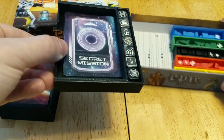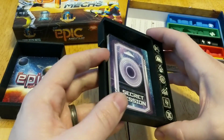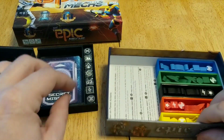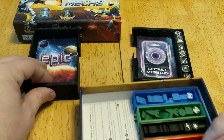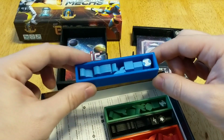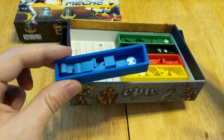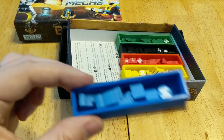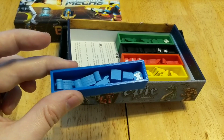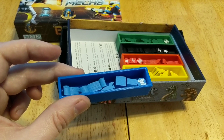But then this one also comes with another tray here where it's got the beautiful dice, inlaid right here on the side of the tray, and then it has all the secret mission cards on the opposite side. But then the neat thing is, for the players, it comes with these color-coded 3D printed trays to put all the components in, and they just sit snugly inside the box. And this just completely takes down the amount of setup time, because I could just take all the pieces out, hand out these little trays, sort the cards, and we're pretty much good to go with this game now. Whereas before I had to open up baggies and hand things out, and it just added more